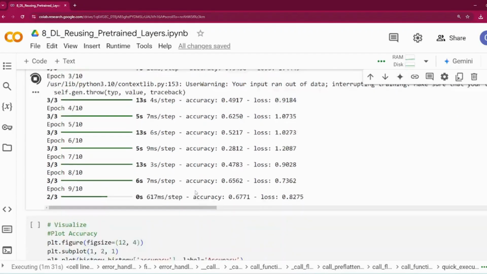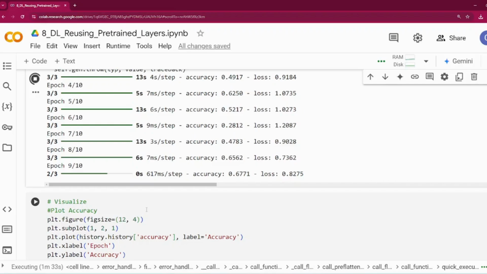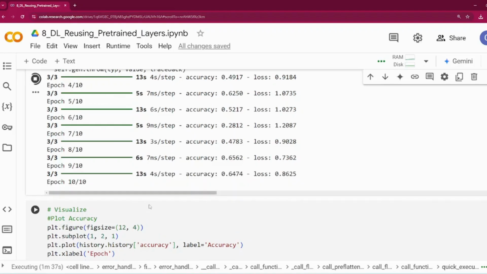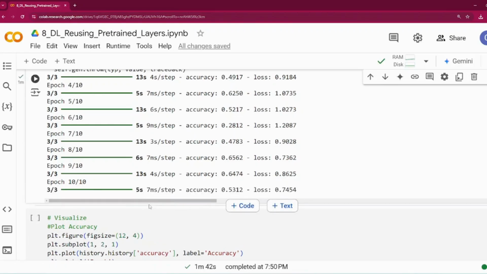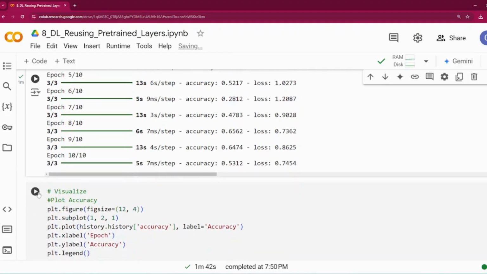All right, it's almost done. Last iteration is left. Yeah, all right. So let's visualize the training process. We'll plot the accuracy and loss over the epochs to see how well the model is learning the random data. So if I run this,